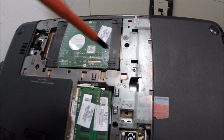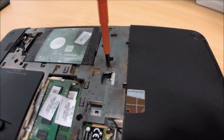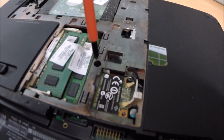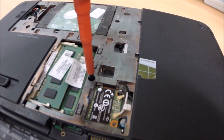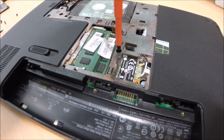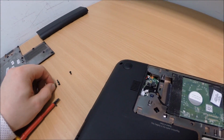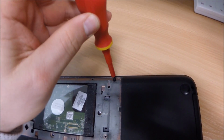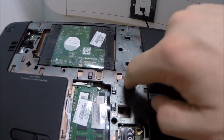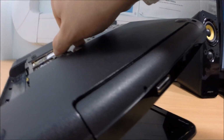Okay, we're going to go ahead and take the DVD drive out, see if that helps us out a little bit. So, undo this screw here. And this one here. Didn't see this one here, there's one up here. So as you can see, there's a little hole you can press on, and that will release the DVD drive. So as you press on that,